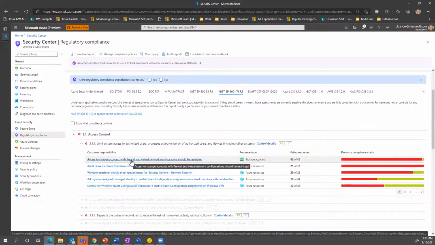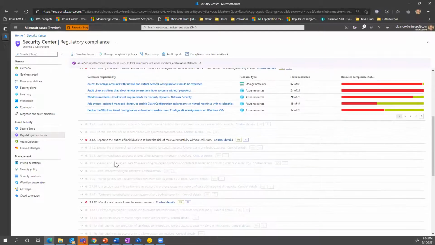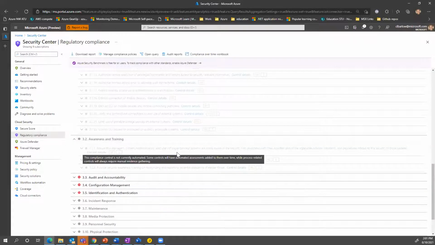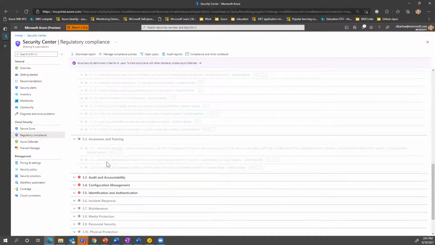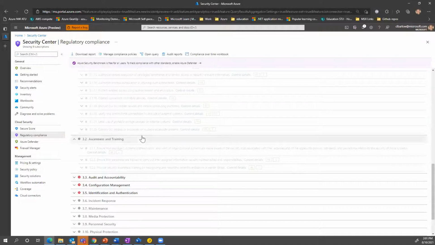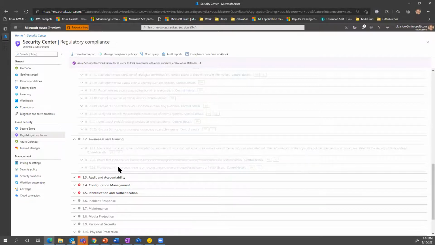Okay, so that's how these work. Now you're saying, how come some of these are grayed out? Well, that's because we don't do stuff on these. We're not going to train your employees or provide security awareness training to your employees. So these are things that you're responsible for as an institution.